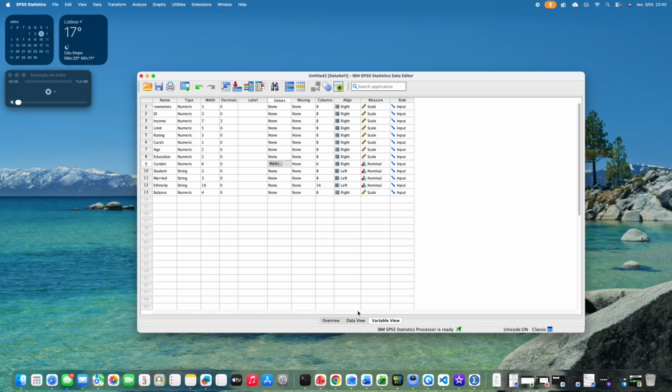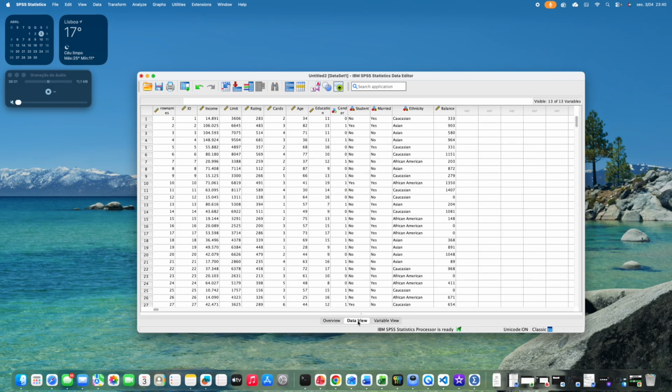We press OK. And now we can choose, while visualizing, if we click here, we can alternate between the labels and the numeric values, and in the tables and charts the labels will show up by